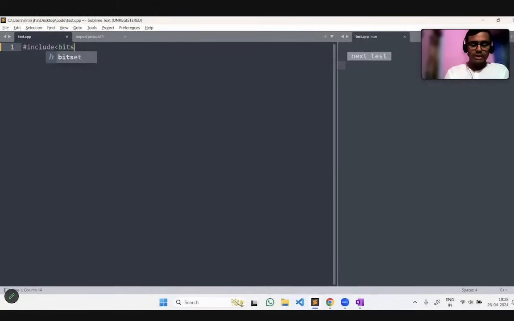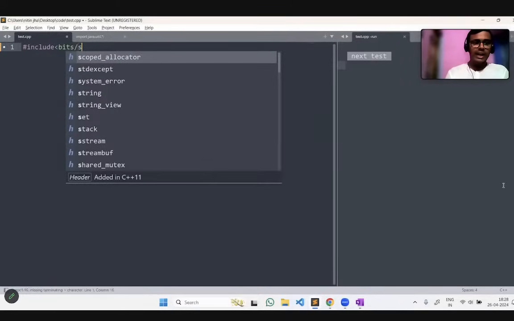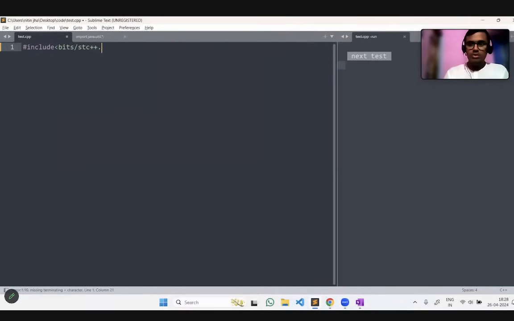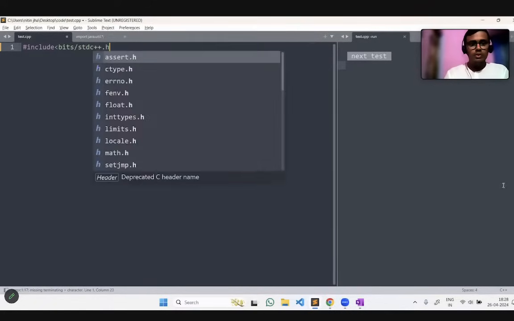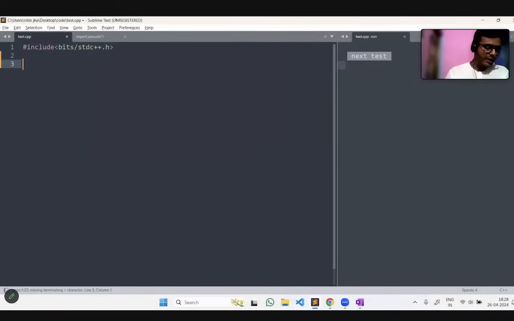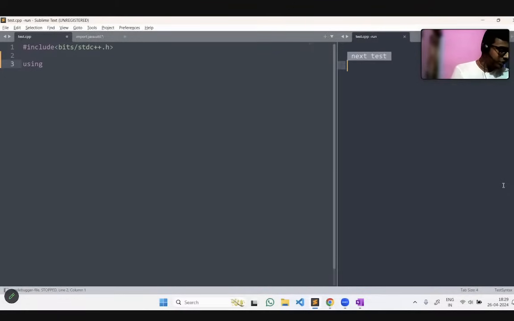Include bits/stdc++.h, let me add the header file. Let me read the chats, what you are saying. Okay, I think your doubts are clearing.